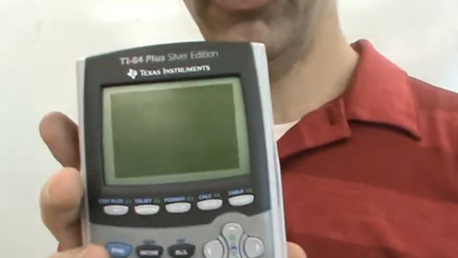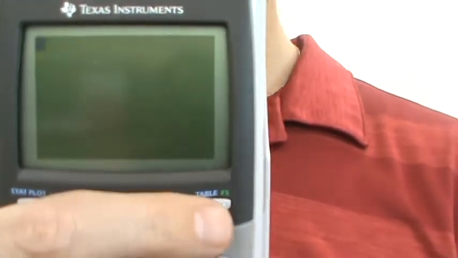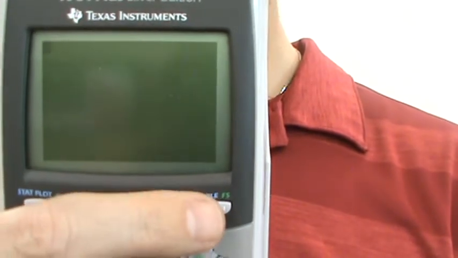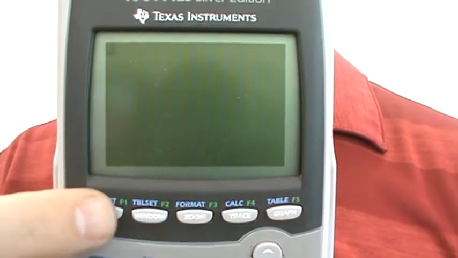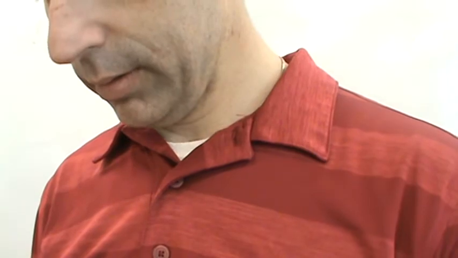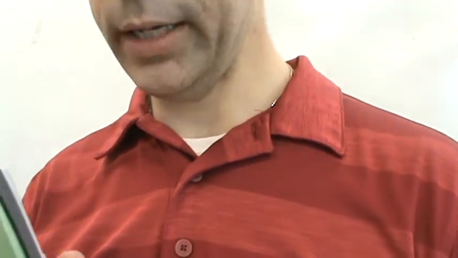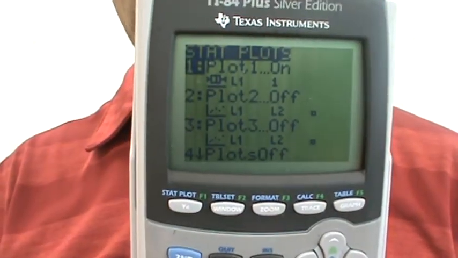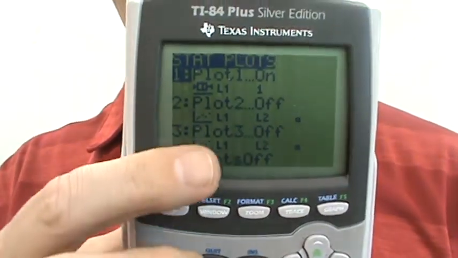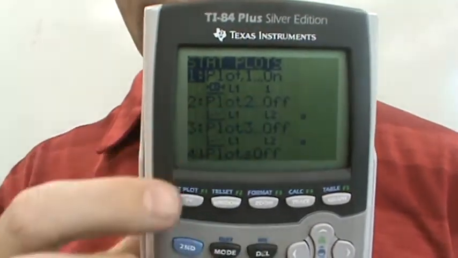Now, here's what I'm going to do: a scatter plot. Remember back in chapter 2 and 1, I go to my stat plot. Oops, sorry, I did Y equals. It's second Y equals, and there's my stat plot. Now I want to go to my first one and make sure that it's on. If you hit enter,